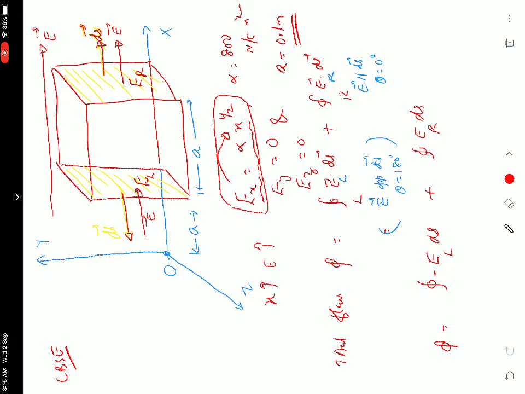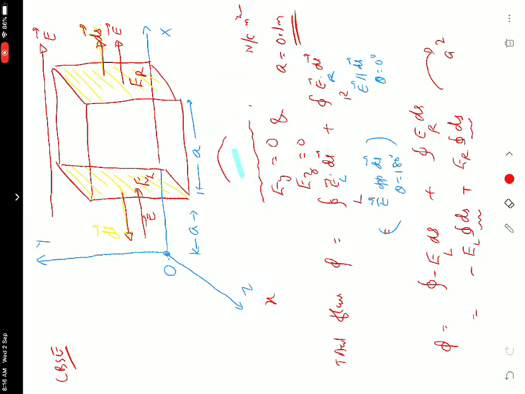ds is the total area, that is the area of the square, that is a square. So this is equal to minus EL closed integral ds plus ER closed integral ds. What does closed integral ds mean? That is the surface area of the faces, that is equal to a square. So next I am writing on the top here, just below the diagram. I think all of you have completed up to here, or you can save it in your system.